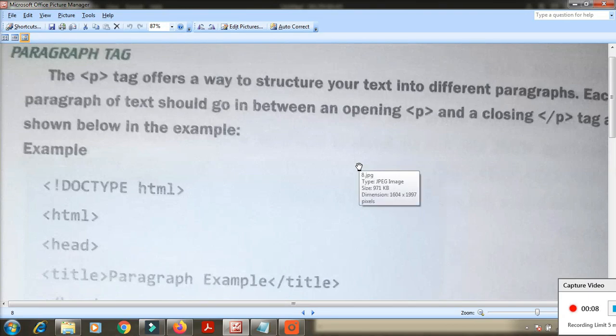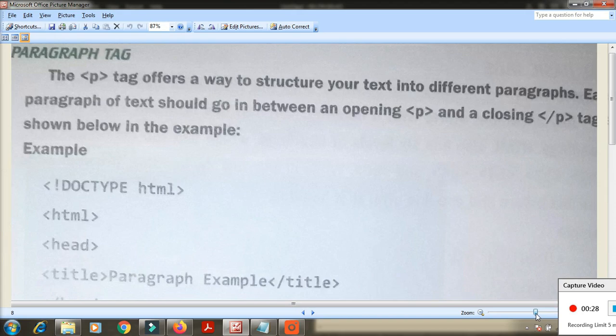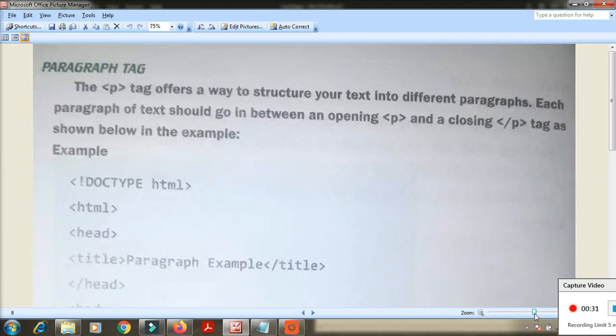Okay, how to create a paragraph and the font sizes of the paragraph, that we saw in the last class. Okay, one by one. Now we are going to see the paragraph tag. How to set the paragraph, and what attributes are there for the paragraph. Okay, that we are going to see now. See now, the paragraph tag has some information. Okay, what is the information?